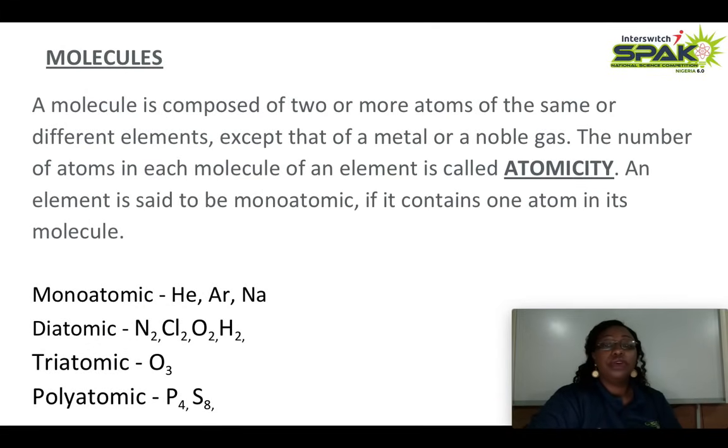Molecule is composed of two or more atoms of the same or different element, except that of a metal or noble gas. The number of atoms in each molecule of an atom is called atomicity. We have some elements that are monoatomic, that means they have one atom. We have diatomic, that means they have two atoms. And we have triatomic,